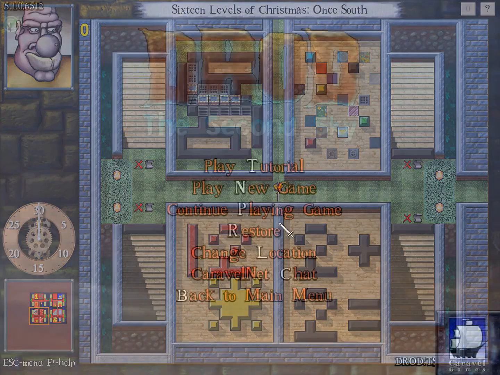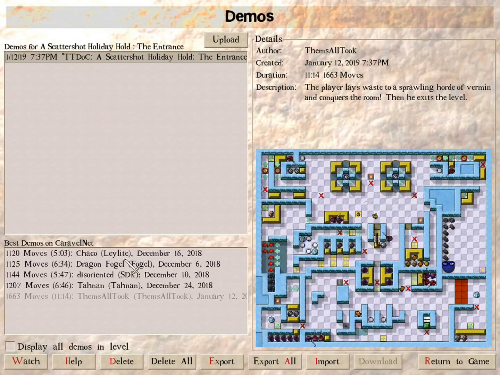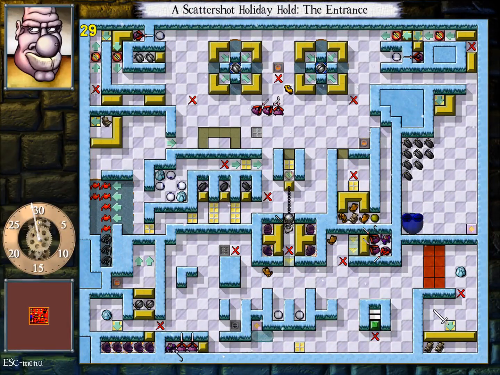Alright, so to get to demo screen, that was you. So Chaco did it quickly. Of course, he would. Alright, so just show me like the broad strokes of what you do. You use the decoy immediately and put it...